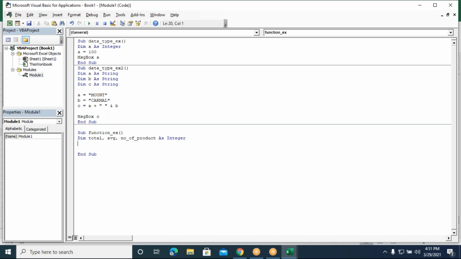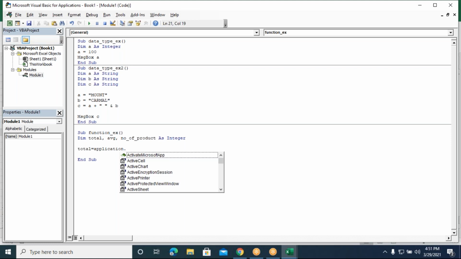So from where the total has to be found. So total is equal to, so the equal symbol is used to assign the value. Which value do I need to assign for this total? Total is equal to Application dot WorksheetFunction dot